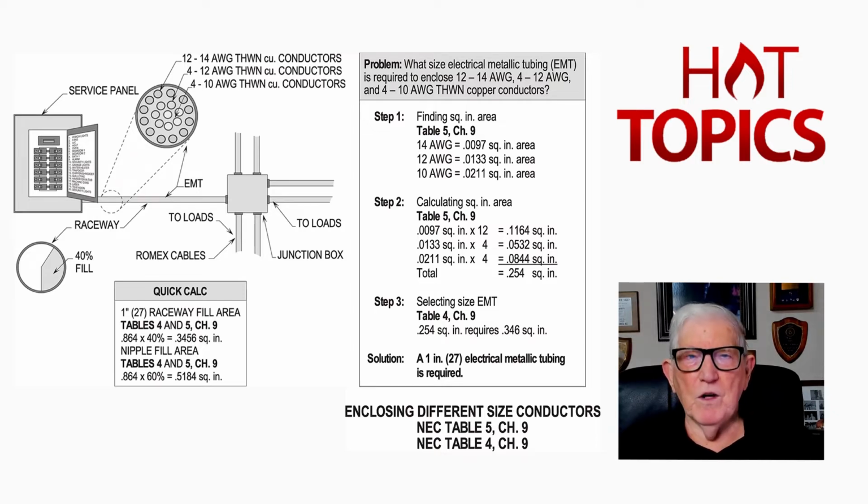So yes, a 1 inch will enclose this combination fill area because we are a raceway. But now there's one thing you've got to realize. We do have to derate. And you notice if all these conductors were current carrying, and you look at how many you have, 12, and 4 is 16, and 4 is 20. So I would go around page 158